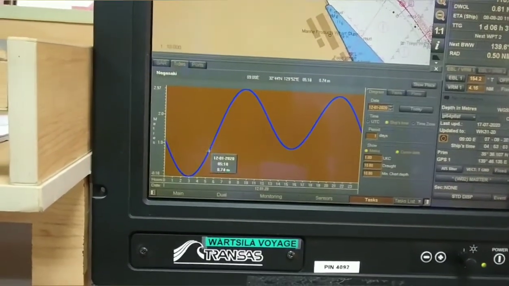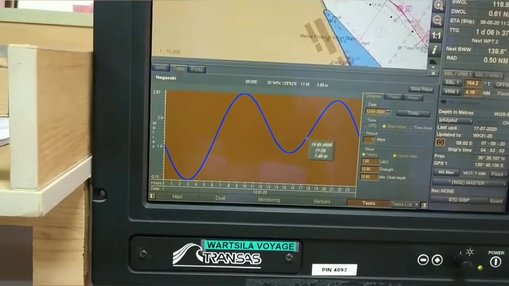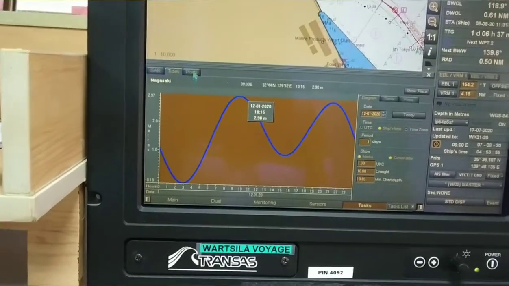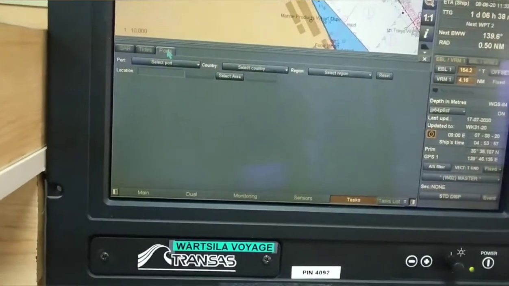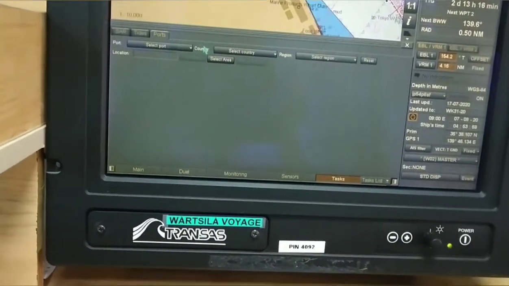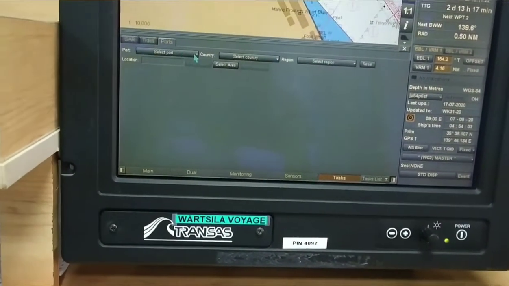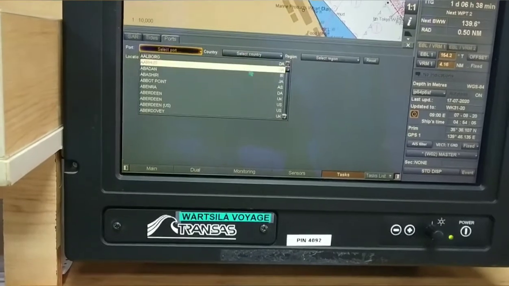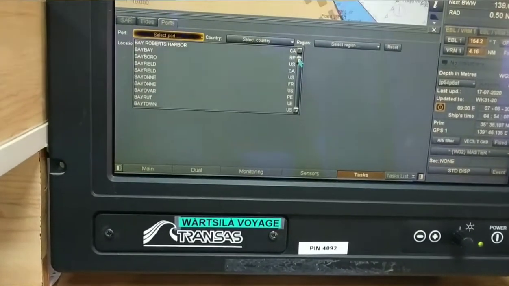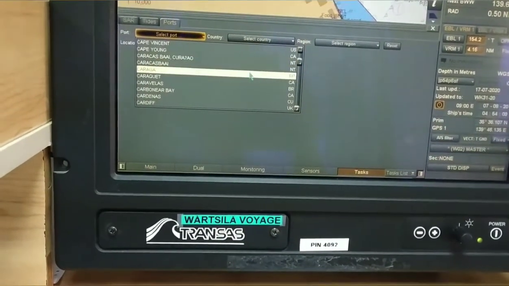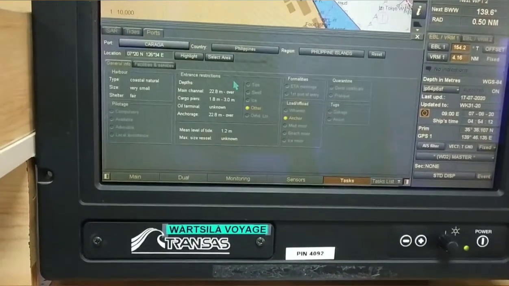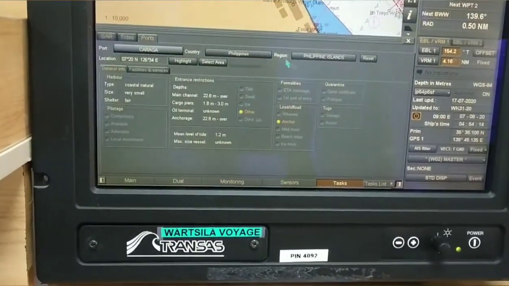Next is tides. Tidal information regarding any port you can get through it. And a very good feature in this is port. Suppose you don't know where a particular port is, just click go to port, select it, it has a long list of ports. Suppose I don't know where this Karga is, I click on Karga, it is in the Philippine islands.